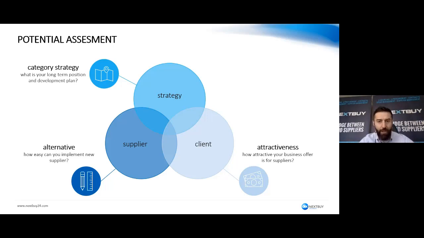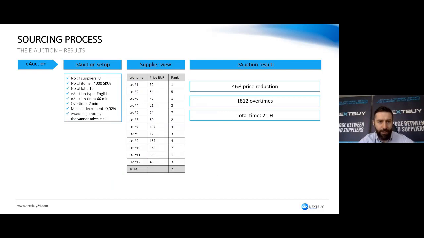We had those things in place, and we thought, okay, let's make it quick and dirty. Let's grab some quick savings. So, e-auction. I'll start with the results, just so that you know. So we go the Columbo way: first, we show you the outcome, and then I'll guide you through the process.